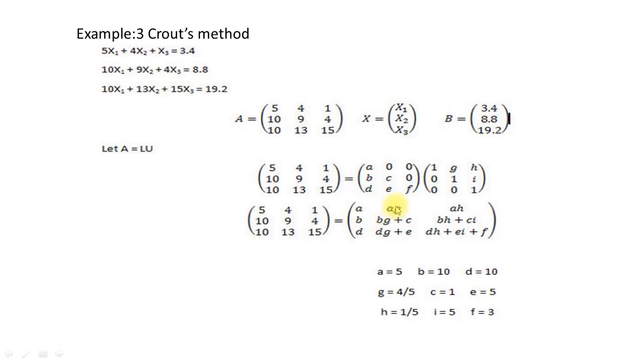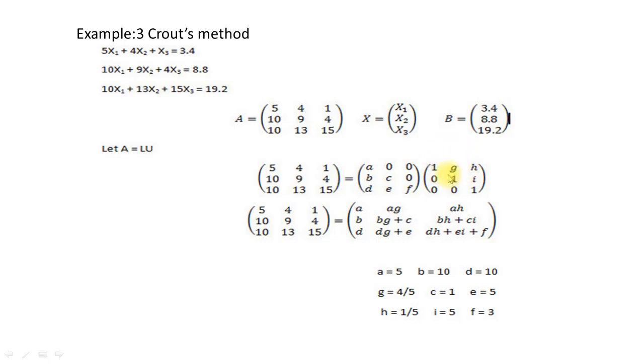So dear students, you see here AG is equal to 4. Putting the value of A, you can easily get the value of G. And AH is equal to 1. So putting the value of A is equal to 5, you can easily find the value of H, 1 over 5. And similarly, we can find the values of C, E, I, and F. So using these 9 unknowns, you can easily find the lower triangular matrix. Putting here the values of A, B, C, D, E, F, we can find the lower triangular matrix. And putting the values of G, H, I, we can find the